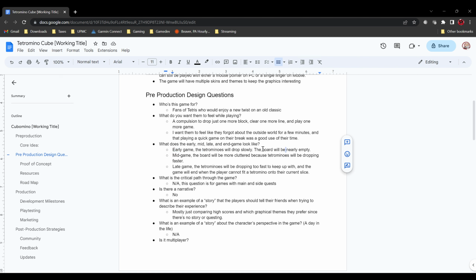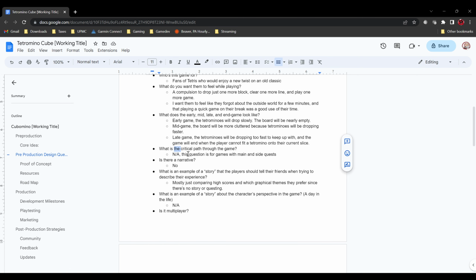It's going to be easy. The board will be nearly empty, so you won't feel overwhelmed. In the mid game, things are going to get more cluttered because the Tetraminos are going to be speeding up faster and faster. In the late game, the expectation is that you probably won't be able to keep up with it, and the game will end once you can't fit a Tetramino into whatever current slice you're working on.